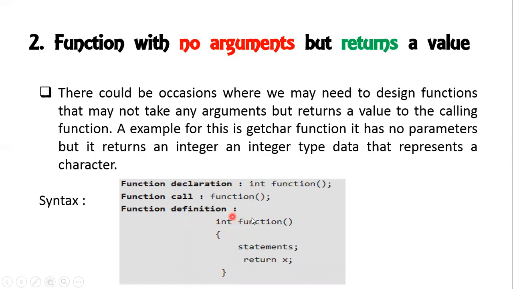In such a way you have to design the program without any arguments. Again, the function definition. Here you have to design the function which returns a value. So for the integer function, you can see it returns x. So it is returning some value. You have to design it like that. We are going to discuss a real scenario, like adding two numbers or square root. We are going to write a program on this.